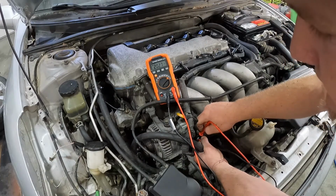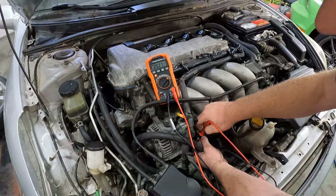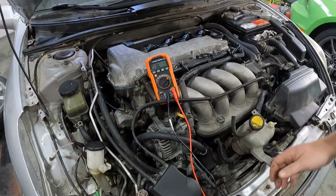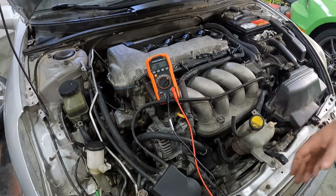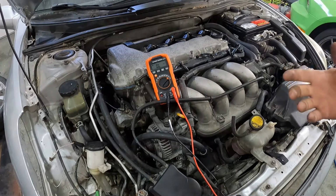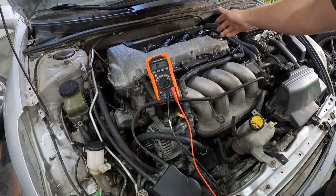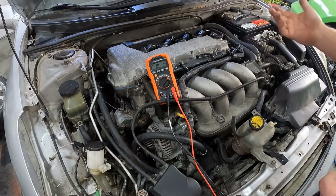And we're at 2027, so well within the range of where we want to be. So that all checks out. All our sensors are good. All our wires are good. Now, let's go ahead and pop the valve cover off, and we will check the 3 teeth that belong on